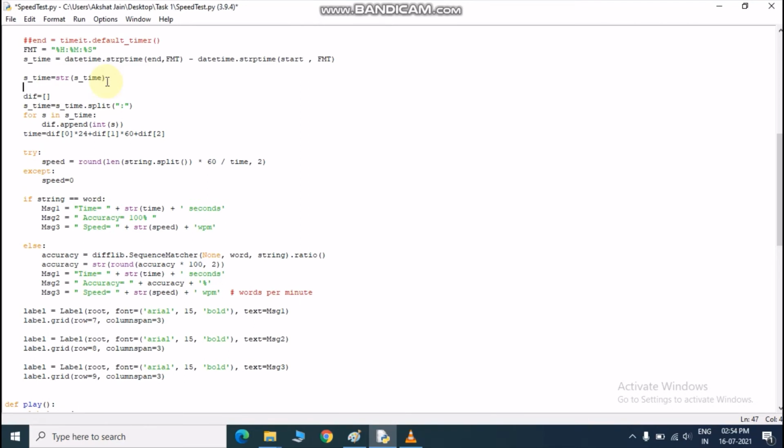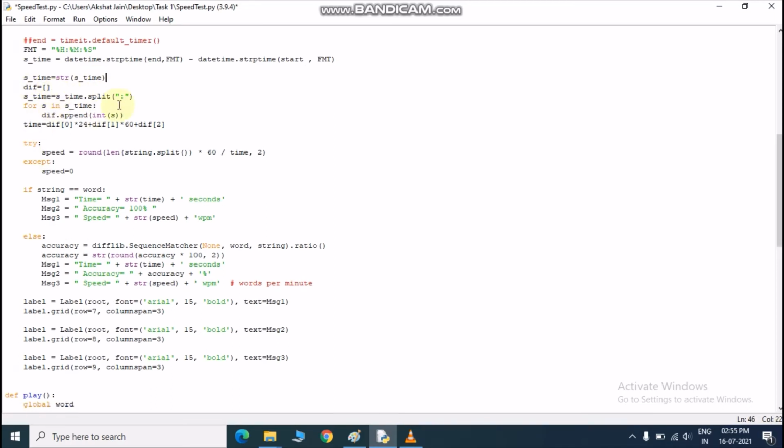Suppose 3 seconds has elapsed, it will show something like this. Currently I cannot perform any action on this either. I want to convert it into a particular type. Suppose I want to convert it into 3 seconds, then it must have 3 seconds only like this. Or if I want to convert it into hours, then I must divide this by 3600, this by 60, and then I will get hours. Currently I want it in seconds only.